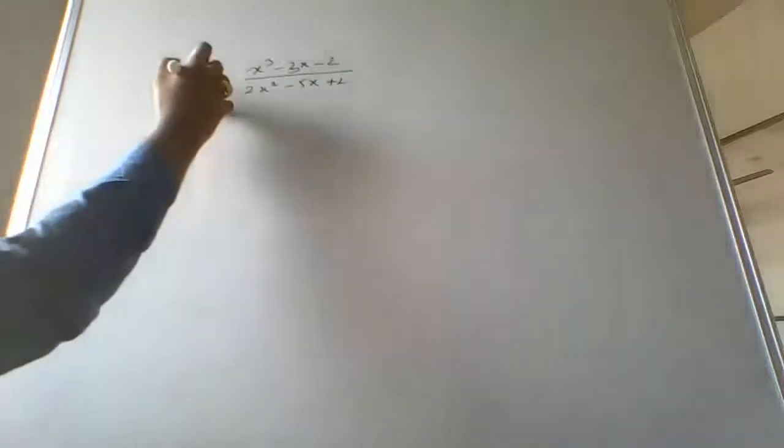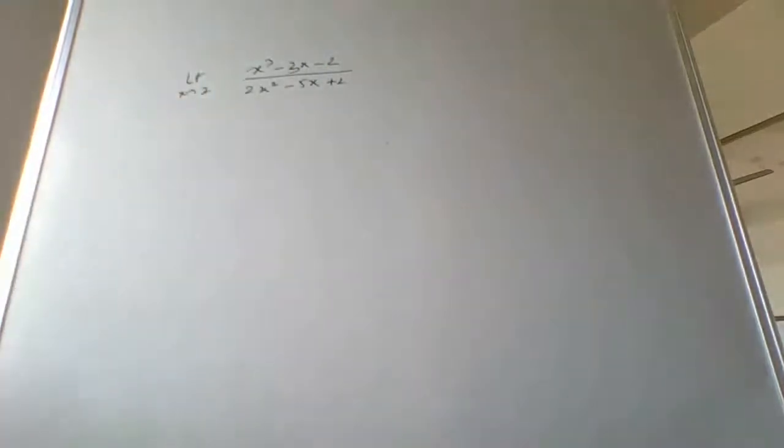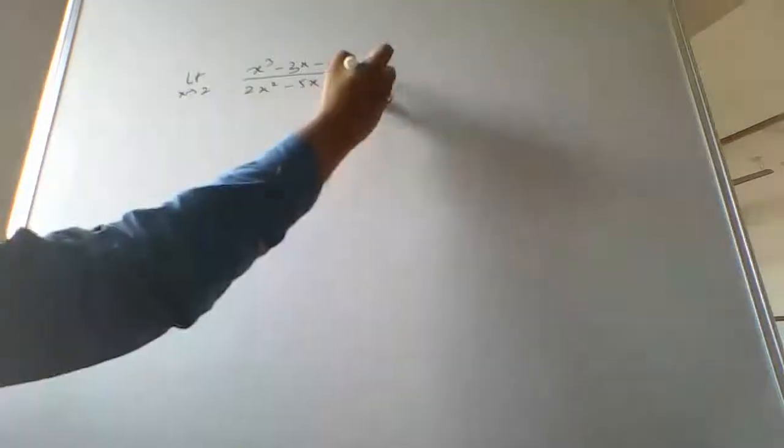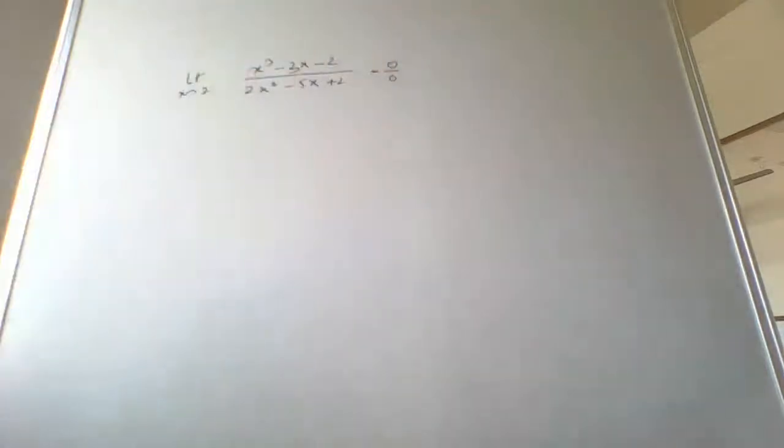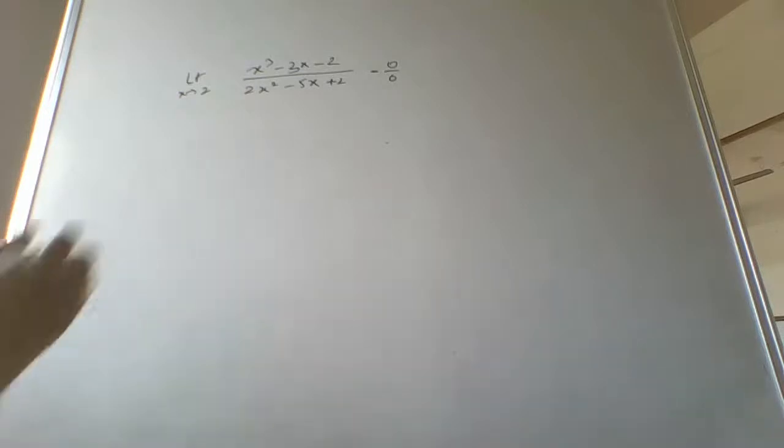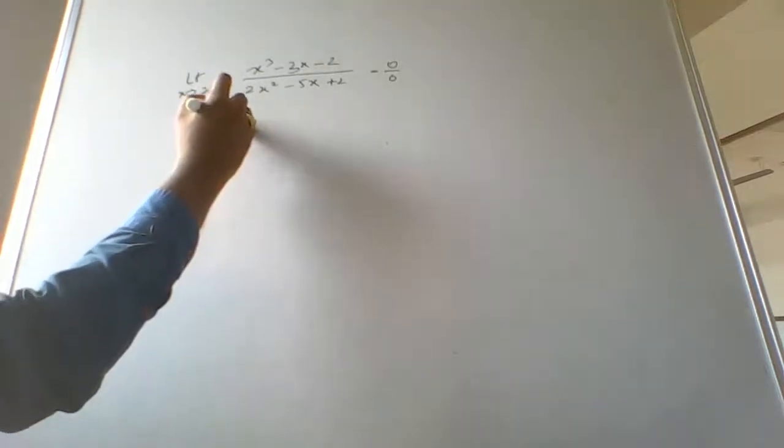Okay, now if I substitute x as 2 in the numerator and in the denominator, I get 0 by 0, which is an indeterminate form. So again, by applying L'Hopital's rule,